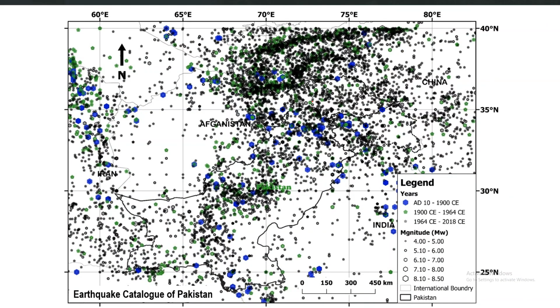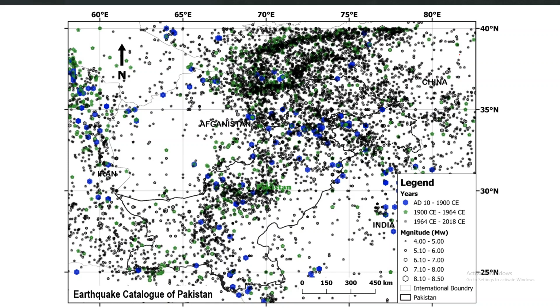So the summary is that you will get the data from different sources: from historical accounts, from instrumental records, and, if it is available, from paleoseismic studies. Then you combine all of that data and develop a comprehensive catalog of earthquakes. As I mentioned earlier, you have to check that the catalog is free from duplication. It should only contain main shocks, the independent events, and it should be as complete or comprehensive as possible.